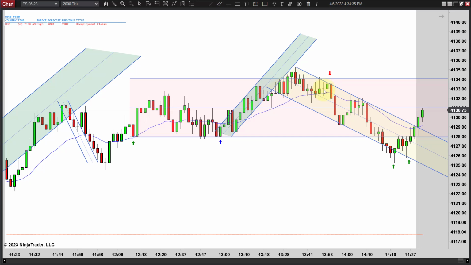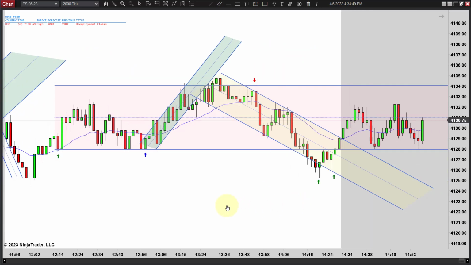It's a little congested here, but this is a range. And so you would expect prices to go at least to the midline and probably to the other side. I would not trade this one on the engulfing bar because of all that congestion, but when this closes, I like going short right there. That's a quick, easy move,